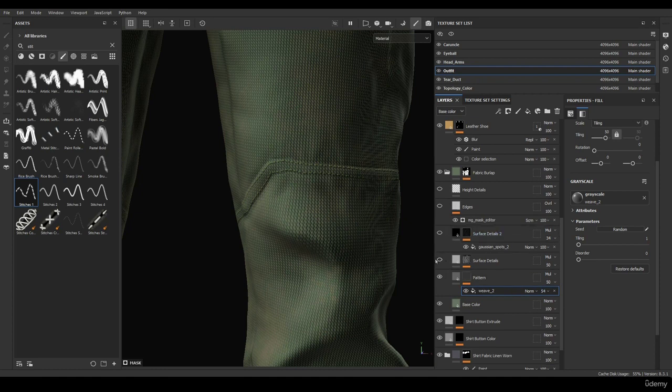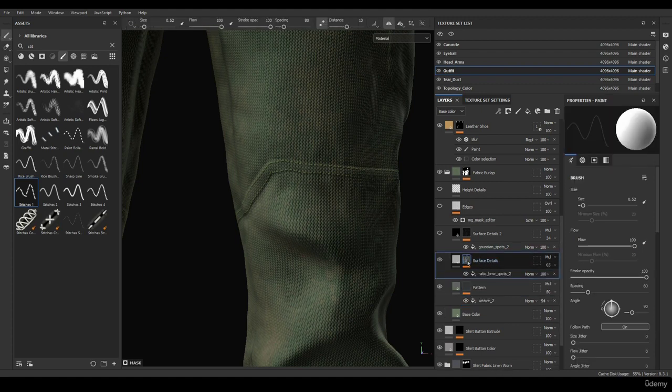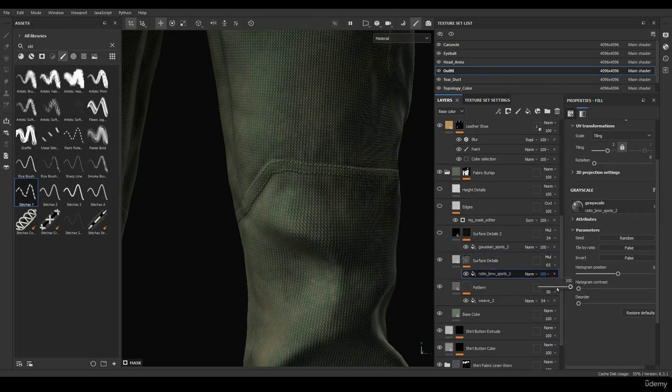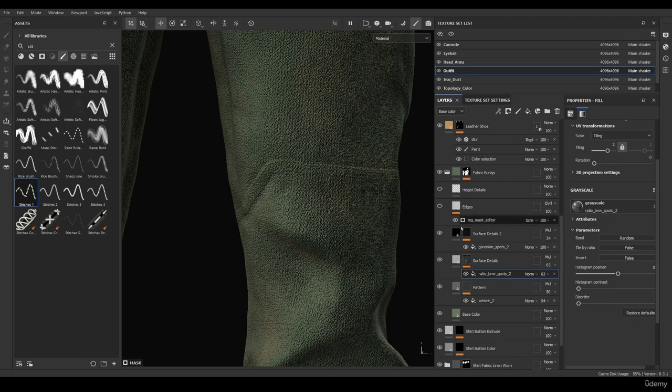All right, and I'm going to go to my surface details. Okay, so for this one, maybe I could crank it slightly down. And I could go to my masking, go over here and bring it down slightly. And I'm going to turn on my surface detail too. This is also a little too much. I'm going to go to my masking, my Gaussian spots here, and just bring that down. You can see just by bringing these down, you're able to see more of the